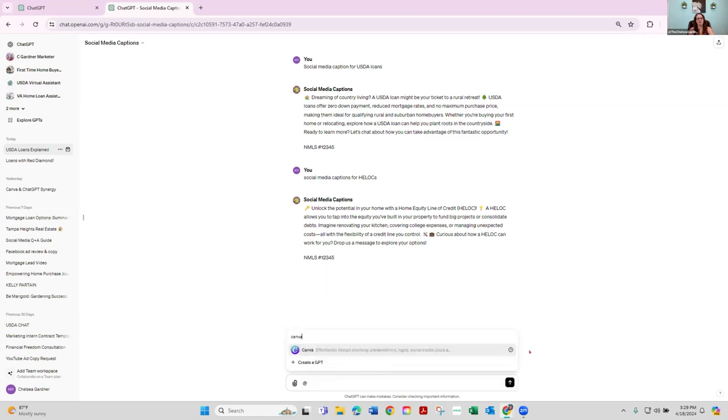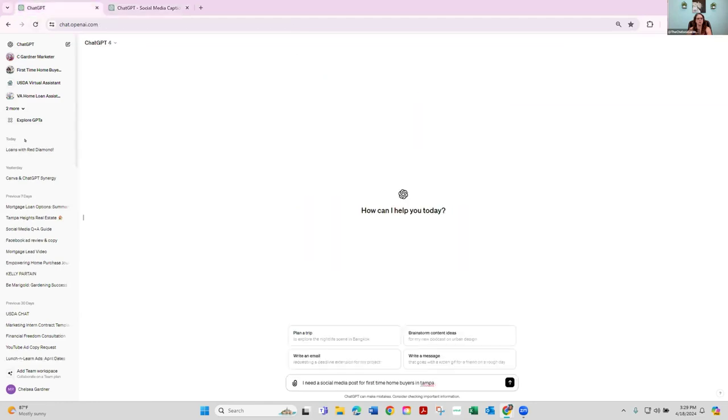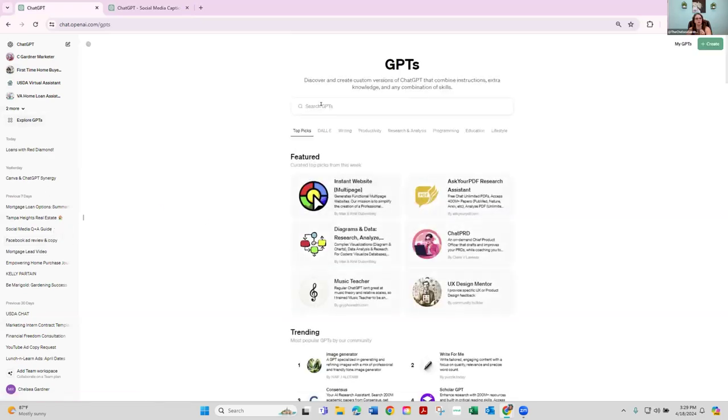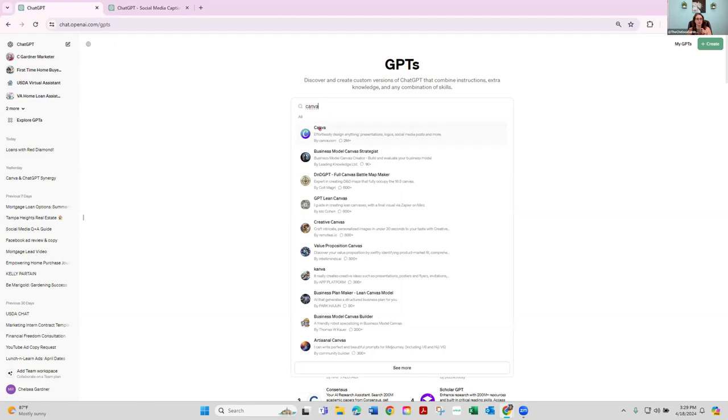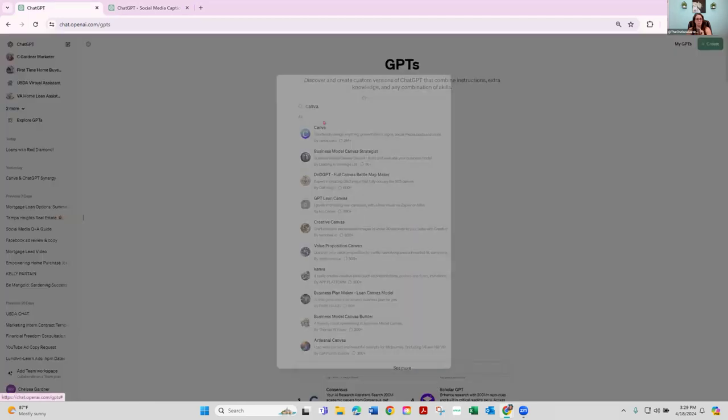Now, if you get here and you're wondering why Canva isn't pulling up when you do the at Canva sign, you need to go into your ChatGPT. Go into your explore GPTs, your search. Search for Canva, click on it.